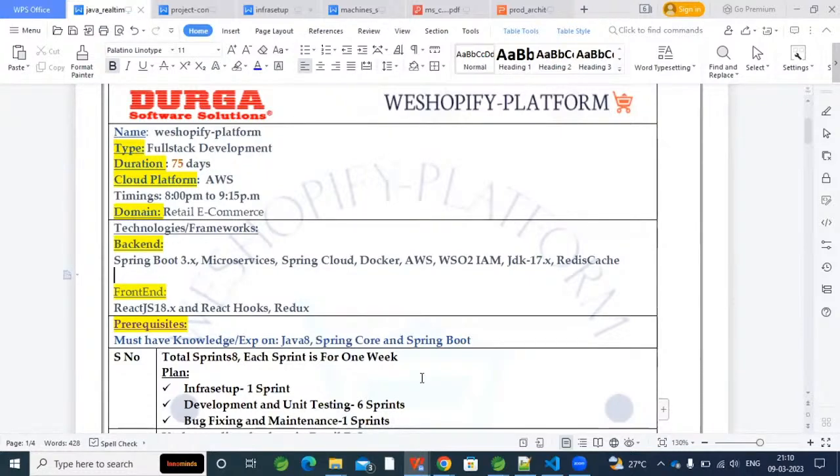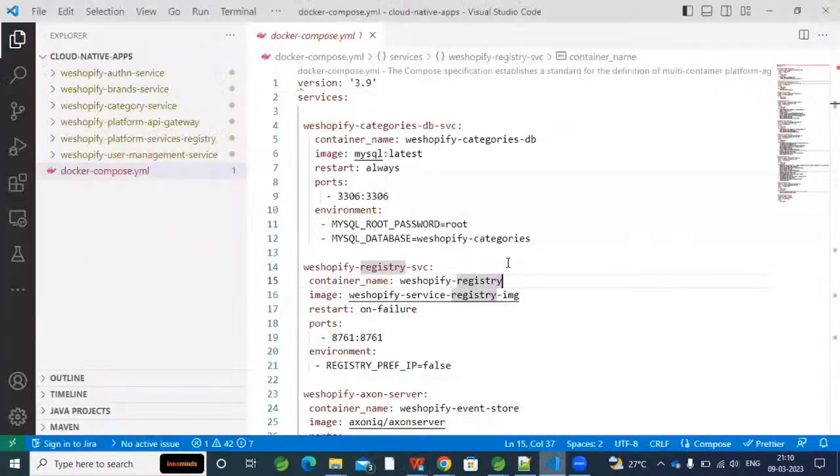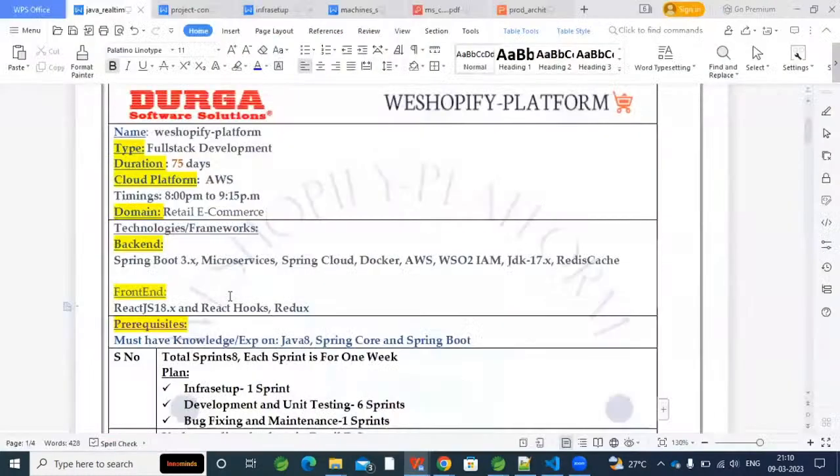Here, I'm not having much exposure to front-end development. So do I need to learn React.js from scratch, or can I continue working on this project and simultaneously learn React.js? That is up to you guys. But my suggestion is, if there is a provision and you have the time, please join a React.js batch separately